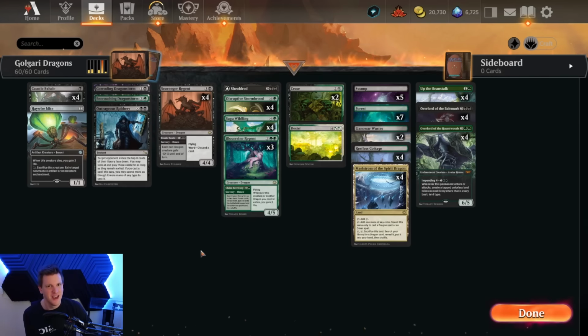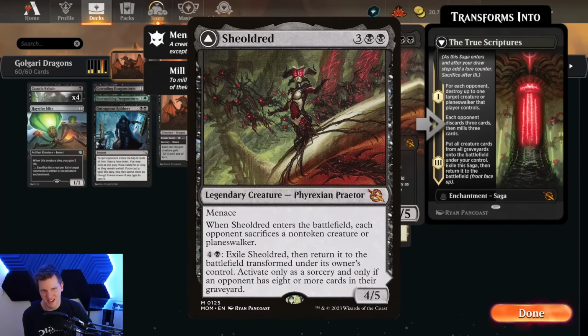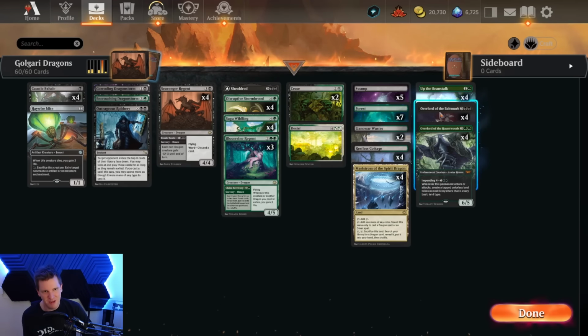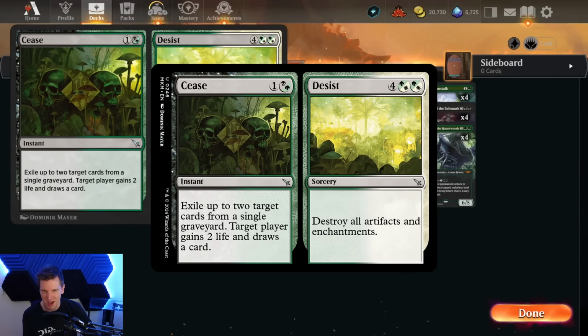It makes sense. There's a bunch of other little toolboxy cards like Haywire Might, Cease and Desist, Shieldred, because when it enters, it can kill a Planeswalker, keep Planeswalkers dead. And you want them in creature form like Haywire Might, Shieldred, because you can keep getting them back with the Overlord of the Balemark. But when it came to Cease and Desist, I wanted something instant speed that interacted with